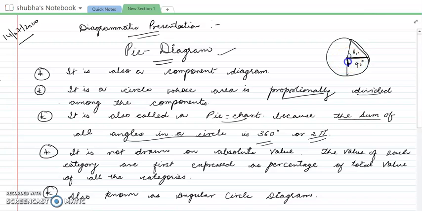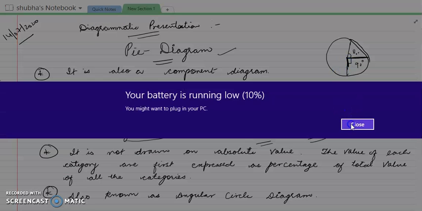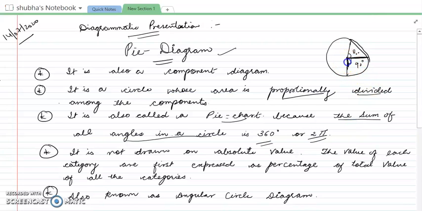Then this line will become the base. Then the baseline will be this. After this, suppose 45 degrees. Then this will become the baseline where I keep my protector and make another angle. Suppose again it is 90 degrees, right? And this angle will be the remaining one. That means the total of 80 plus 90 plus 45 plus 90 plus the remaining angle is equal to 360 degrees, right?